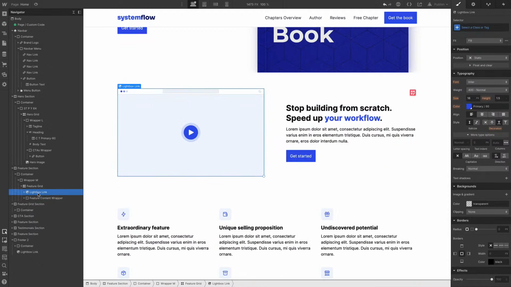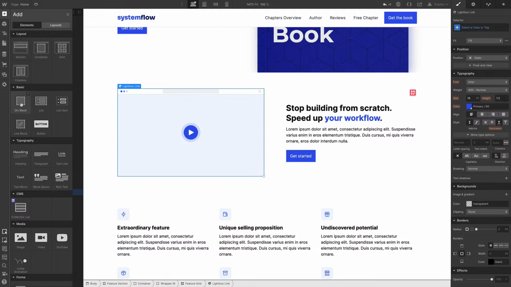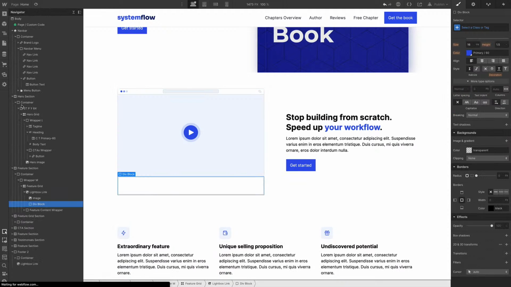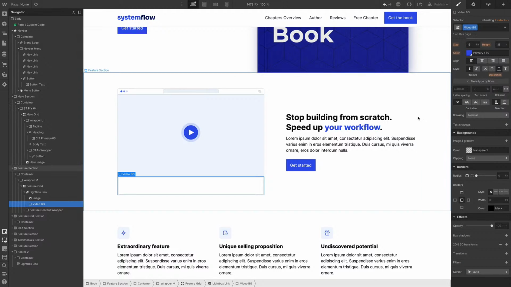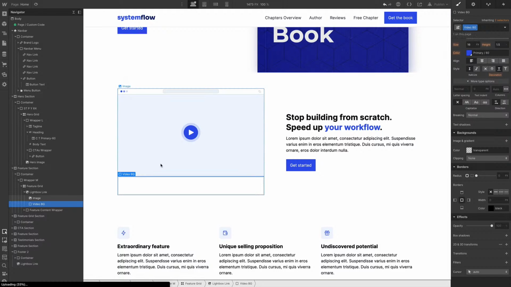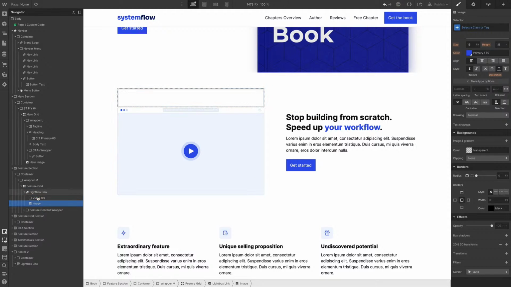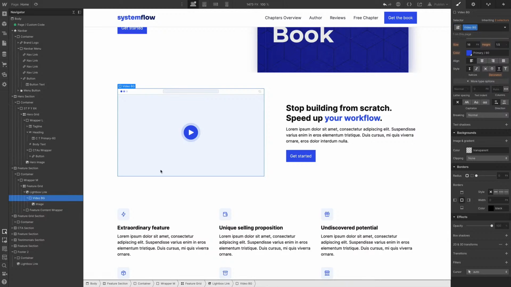And inside of the lightbox link, we now have this image only, but I can create a simple structure with a div block. Let's command return and give it the name video background, or video BG. So now I've created a new class, and every time you want to add some custom styling on top of SystemFlow, you're just going to create a new class, whether it's a combo class or just a class for this particular element. For the video BG, I'm going to put this image inside, and as a background,